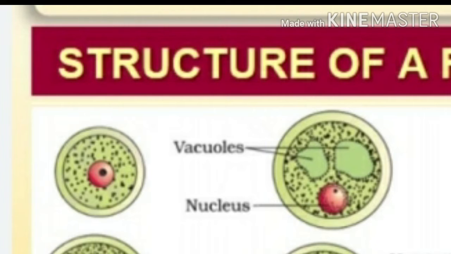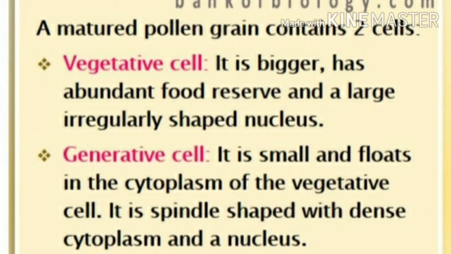Understood? Now when the pollen grains become mature, they will start to divide mitotically into two unequal cells with nucleus. And we will see what are the two types of cells that are getting formed. The first type of cell is known as a bigger vegetative cell, and the second type of cell is known as a smaller generative cell. Now this is what is known as the two-celled stage of pollen formation.